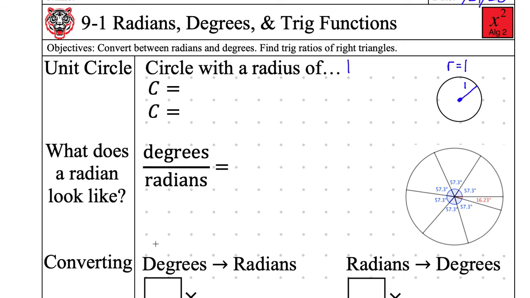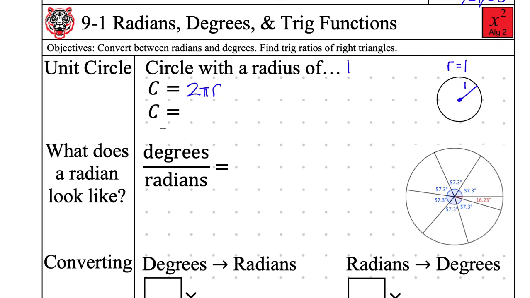A circumference, what is the formula for a circumference? Anna? Pi r squared. Ooh, that's area. Area is pi r squared. India? 2 pi r. Everyone write it down. 2 pi r, which means if I plug in the fact that the radius is 1, my